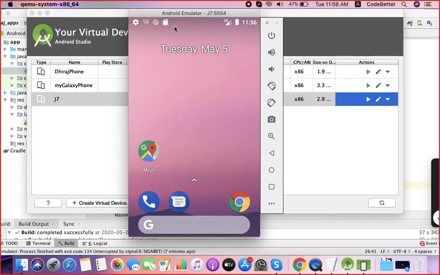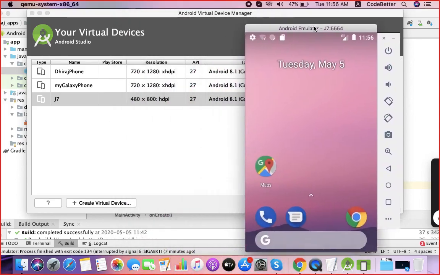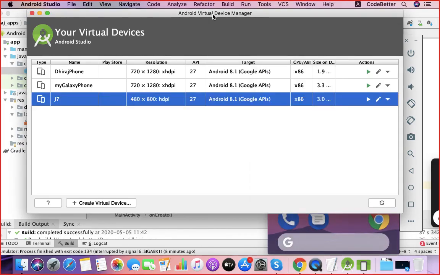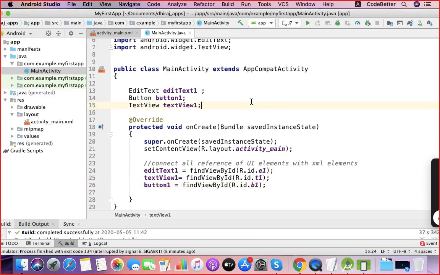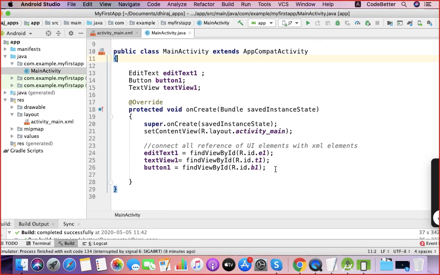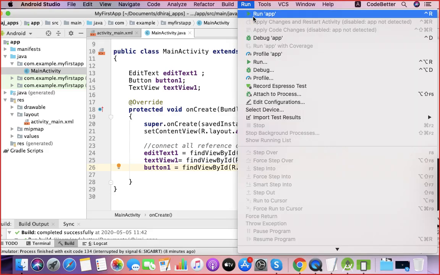Now just keep this device open, and you can close this virtual device manager. Now you can run your app. You can run this app on that device. You can run from the run menu, run app.